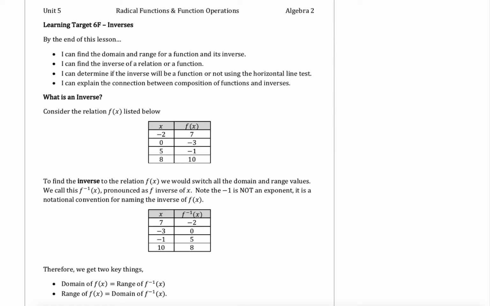We're going to continue on with Unit 5. We're going to talk about our last section, which is Learning Target 6F, all about inverses. By the end of this lesson, we will be able to find the domain and range for a function and